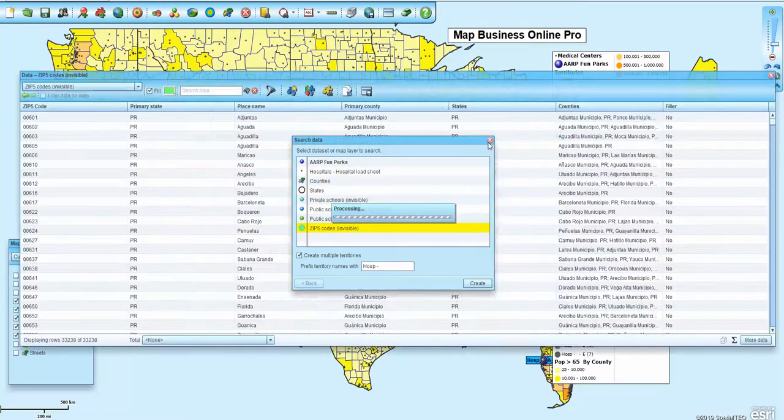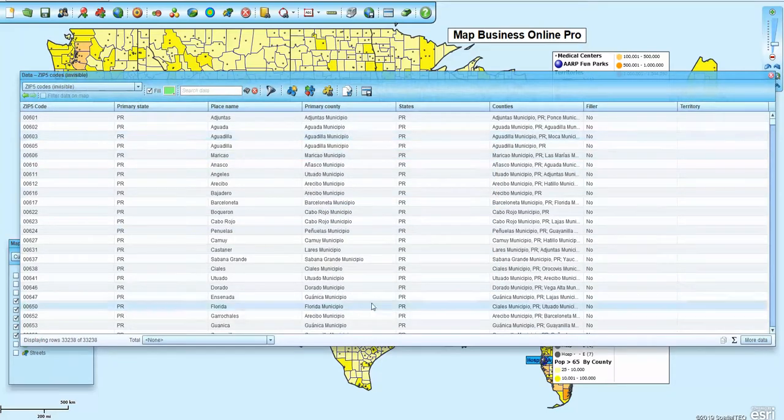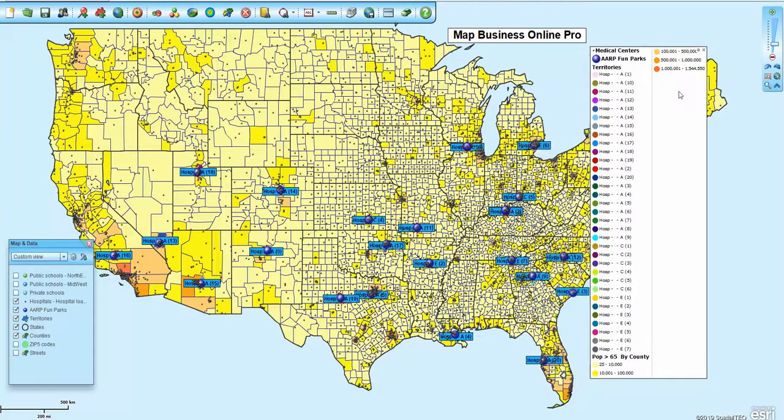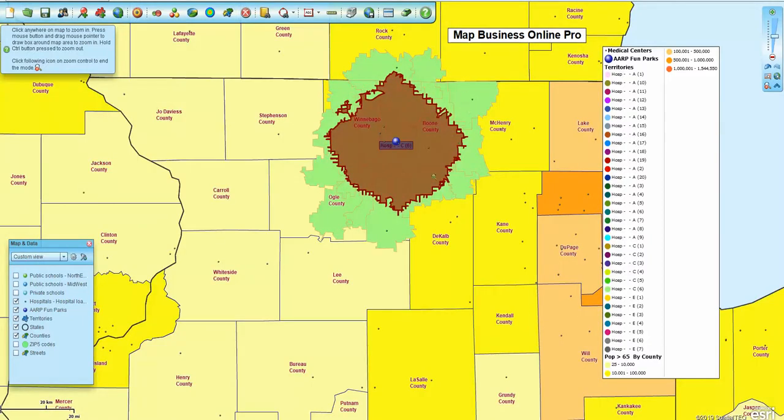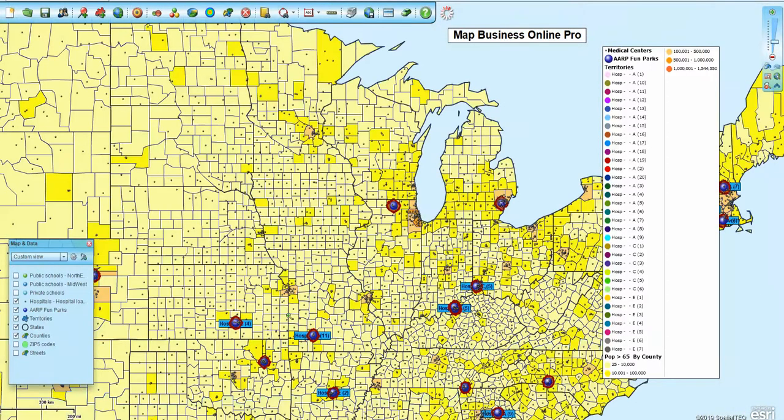And the map gets populated with those, and the data is now shown in the data window, and you've got the ability to work with all of those territories, then go into each one and fine-tune them as required. So there's your territory in green, around the drive time in sort of red and brown, and that gives you a sense of how mapbusinessonline.com has been expanded now to conduct these queries on multiple center points or multiple location points at one time. Really powerful, time saving in the long run,